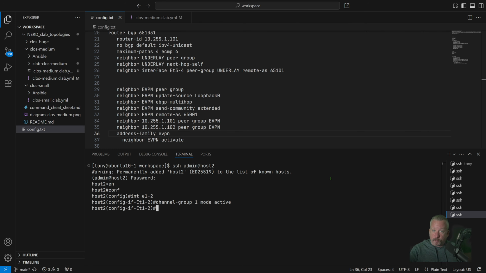LACP does not load balance any packets. Link aggregation does. But LACP by itself, its only purpose is to evaluate the links configured in the LAG and determine if they're going to be part of the LAG. So,